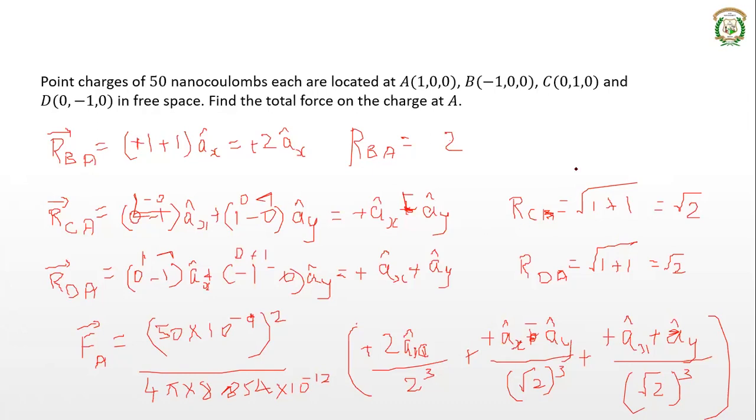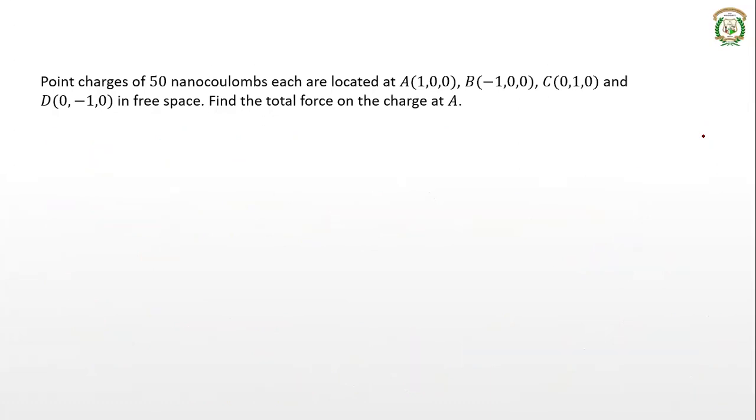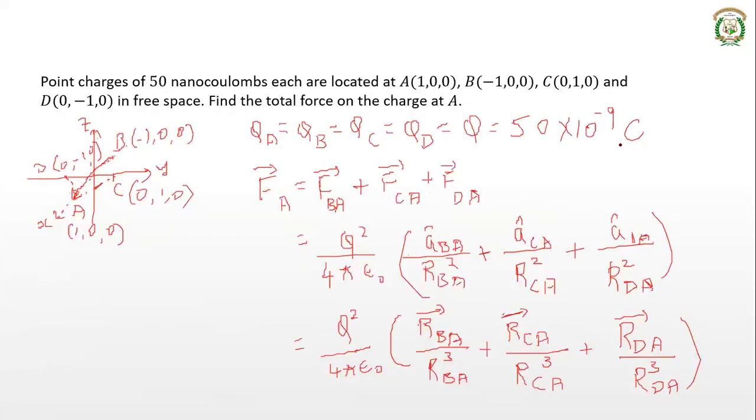So in the answer, you have to get AX component, AY component, and AZ component. So what will be that thing? If you observe it very carefully, since these points C and D are symmetrical, their forces in y and z axis will be 0. Anyway, z axis is 0. Since they are symmetrical, you get it only in the x direction. So there will be only AX component. There will be no AY or AZ component.